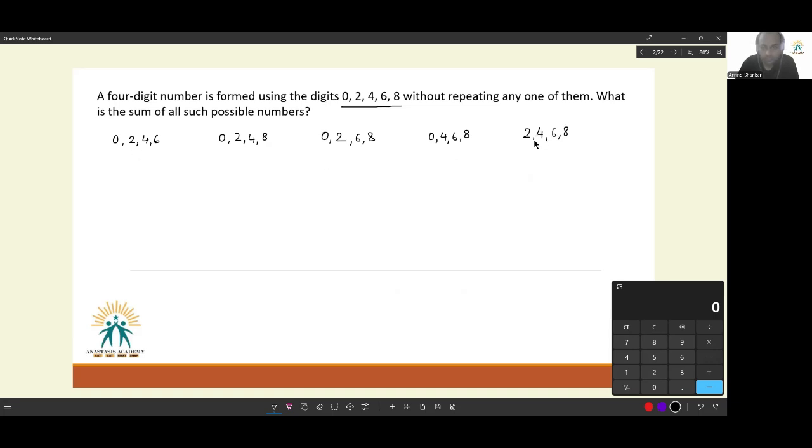Of these combinations, this is the easiest to handle, 2, 4, 6, 8, because 0 is not present. So for this, the formula for solving this question, when no zeros are involved, is number of digits factorial, 4 factorial by 4, because 4 digits are present. This gives us the number of times each digit comes in that 4-digit number, into sum of all the digits, which is 2 plus 4 is 6, 6 plus 6 is 12, 12 plus 8 is 20, into 20, into 1111